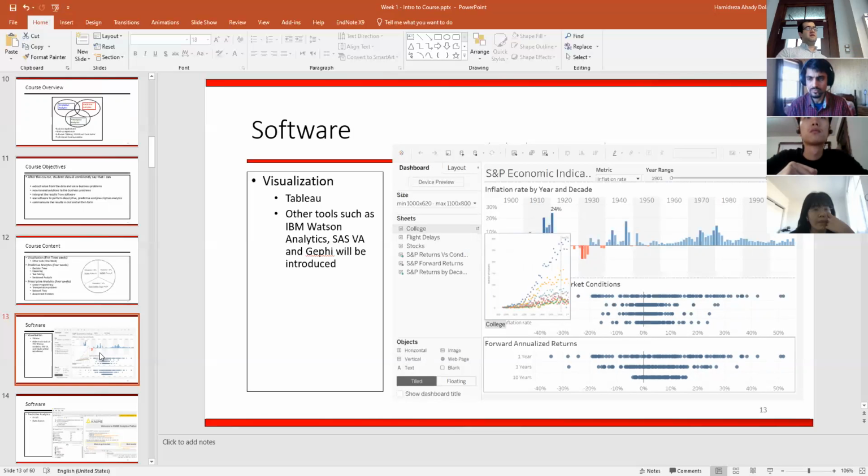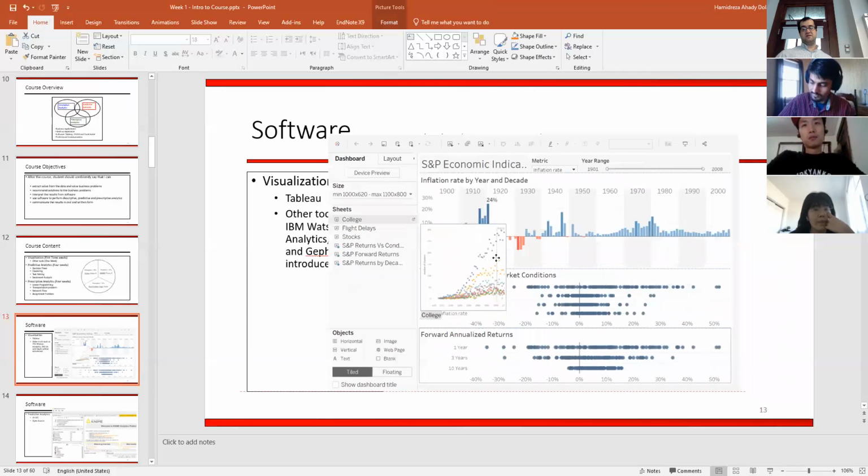One of the tools that helps you stand out among others is being good at visualization. Look at this figure. There is no mathematics in it. It's just talking about the inflation rate during the years. So it's about 20, 30, then 10%. Let me see.